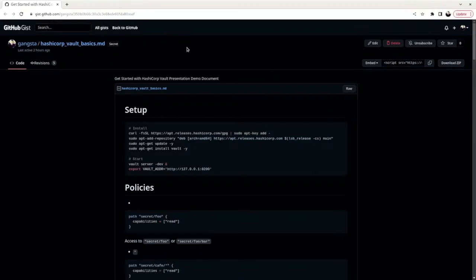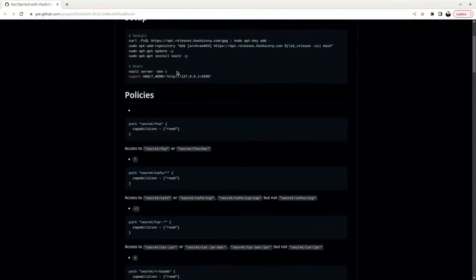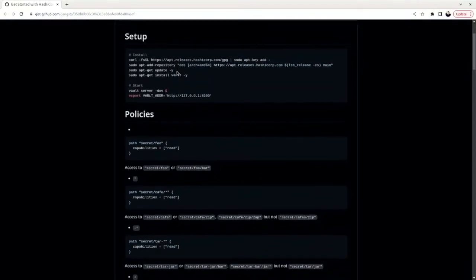And then what we are going to do is basically I will run through the public gist. So if you skip one of the parts, you can have homework of this, so you can go home and try it on your own, okay? What we are going to do, very basic, is set up a HashiCorp Vault dev environment.